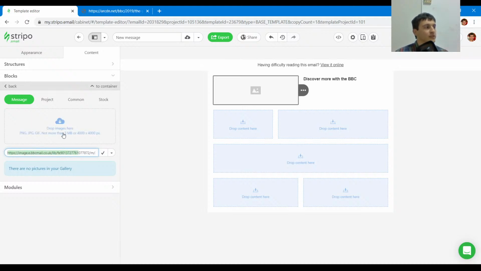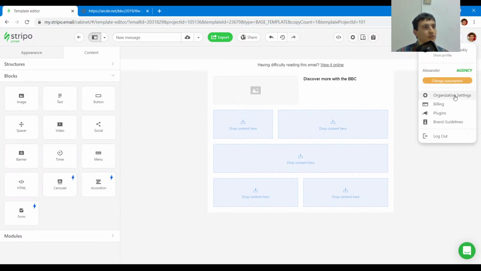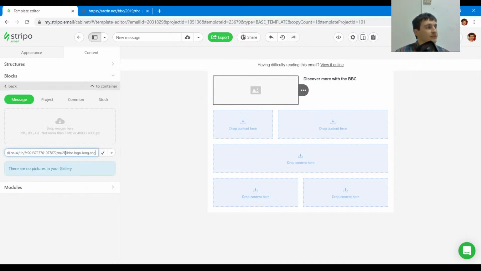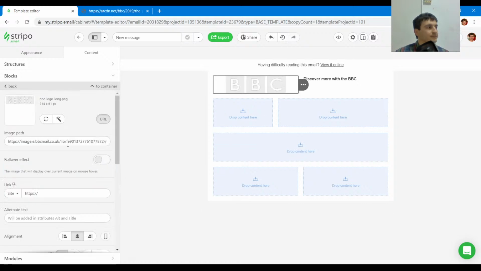By default, all images that you upload into Stripo will be stored within Stripo storage. We also have other options, so you can configure your custom storage in the organization settings of your account, or you can leave the link as an external link, and it will lead to the original source. In this case,